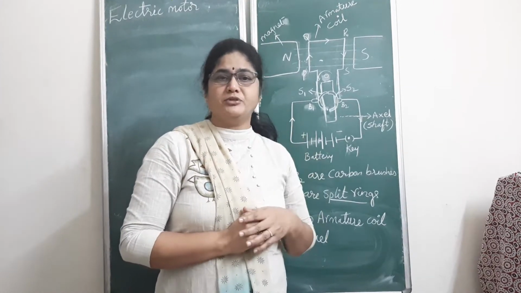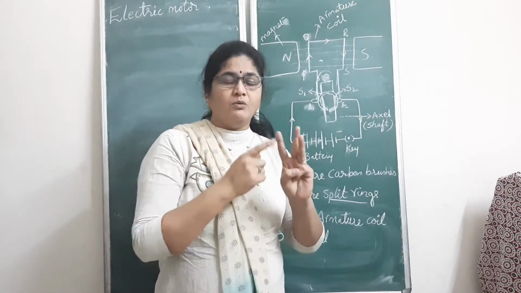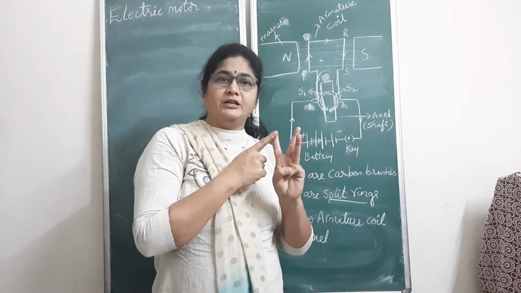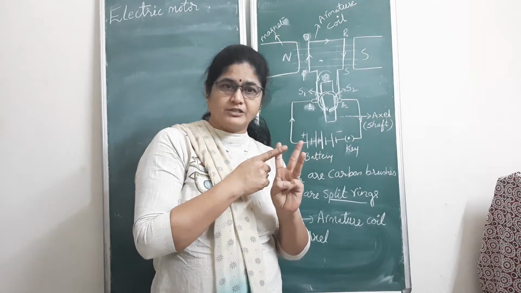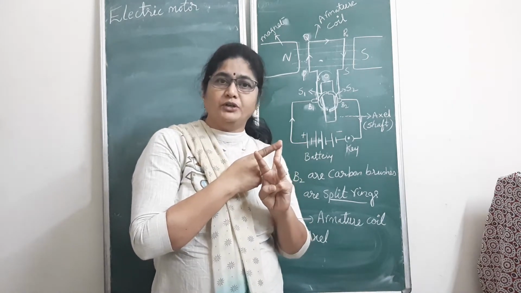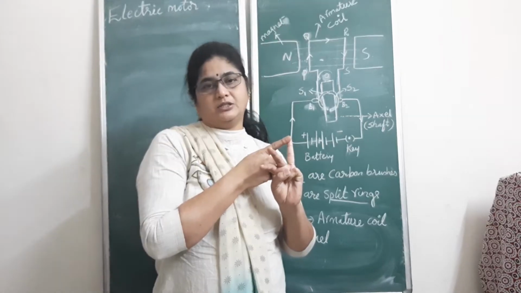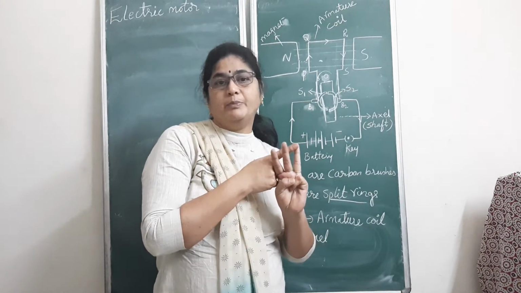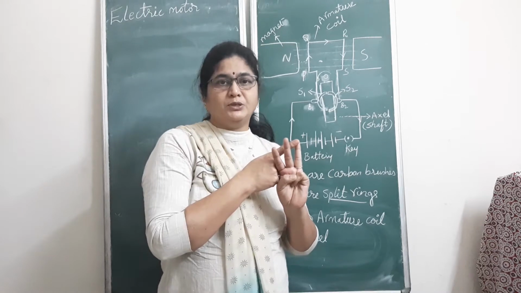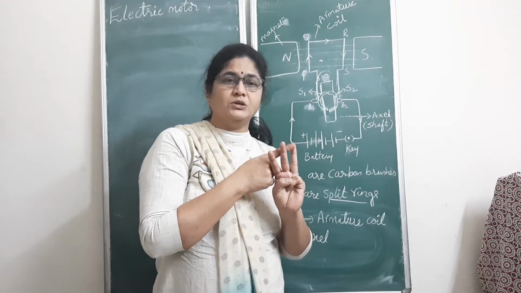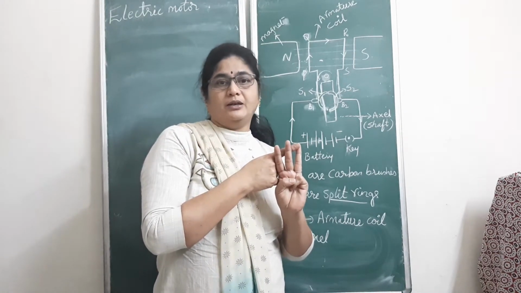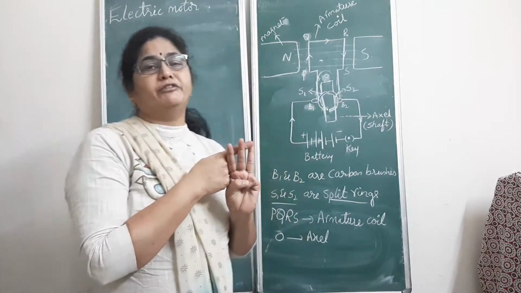The magnitude of force depends on three factors. One is the magnetic field strength, the external magnetic field strength. Second, the amount of current passing through the conductor. Third, the length of the conductor. So we have taken it as a BIL. So F is proportional to BIL. And also it depends upon the angle between the external magnetic field and the conductor.